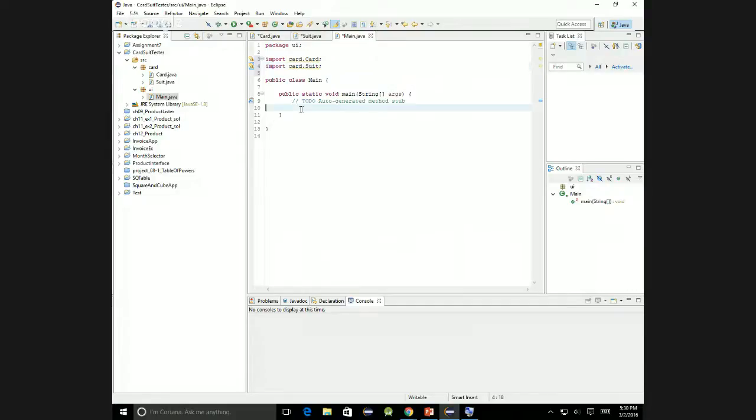Okay, so now let's figure out how we're going to do our test. And again, we're going to just hard code the value of the suit and the number, because that's our first iteration of the program, and that's what we're going to do today. But just keep in mind that you can extend it to take the number from the user and so forth. So keep that in mind. So we're going to say in the main class, in the main method,